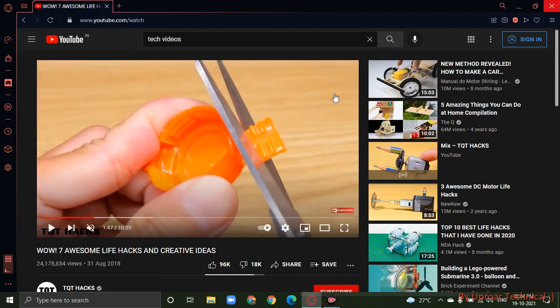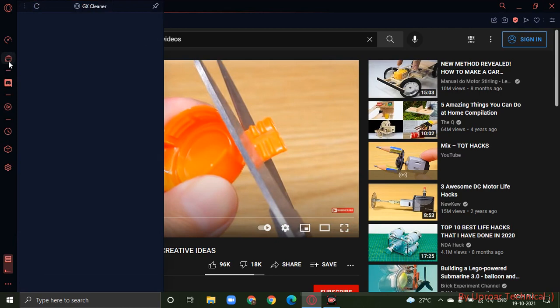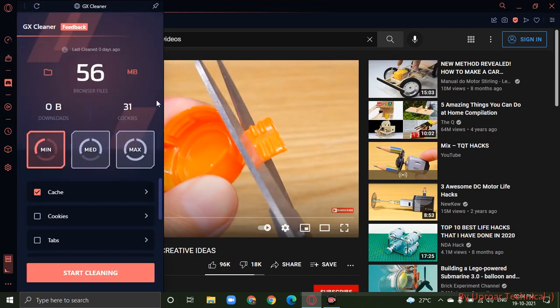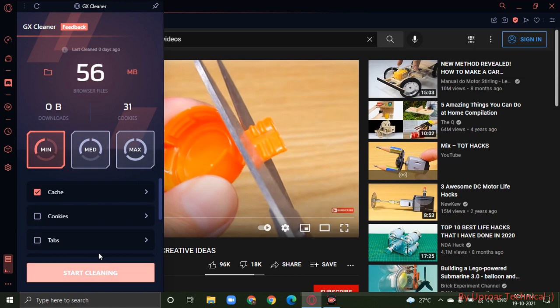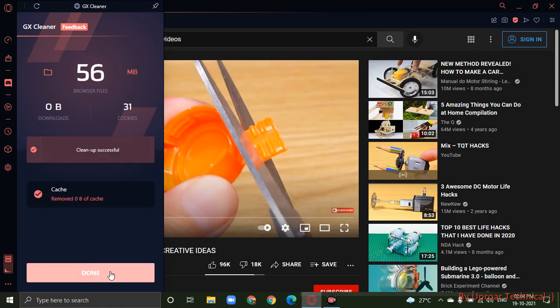So now let's go and check the GX Cleaner. It is kind of like CCleaner, it will clear your cache and all. So this is minimum, it will clear only cache. This is medium, which will do cache, cookies and tabs, and the max means it will clear every single thing possible. So if you just want to clean only cache, you can go for minimum and start cleaning. See, it has cleaned, but there was no cache. So yeah,